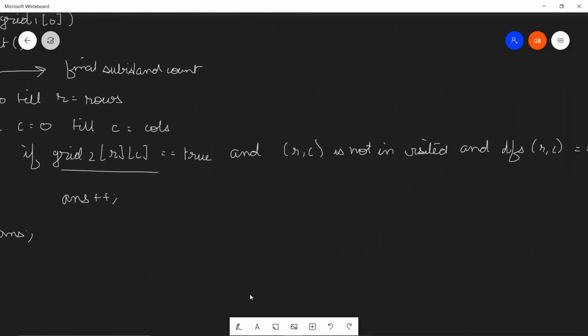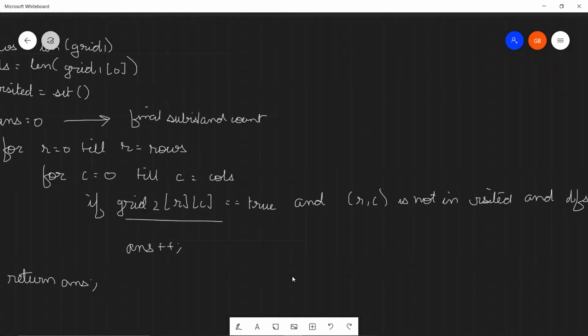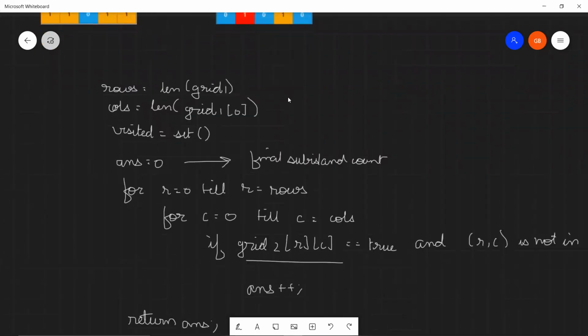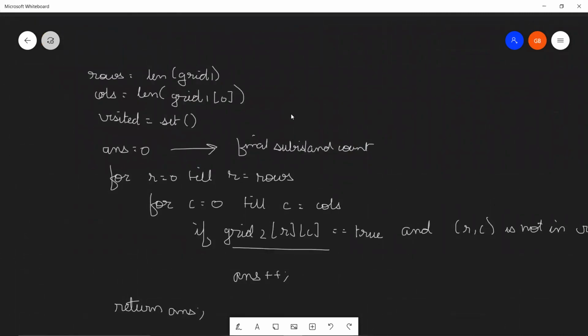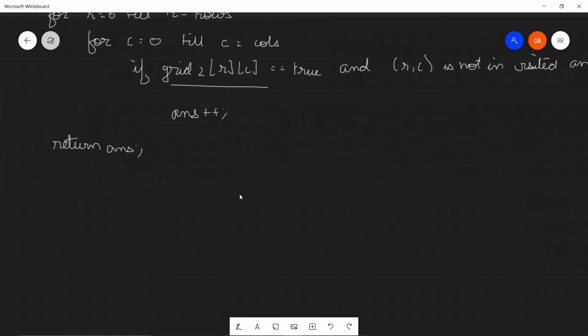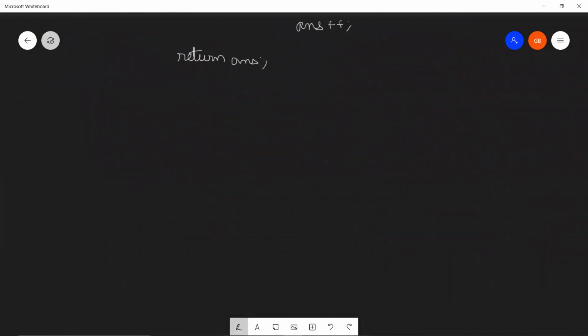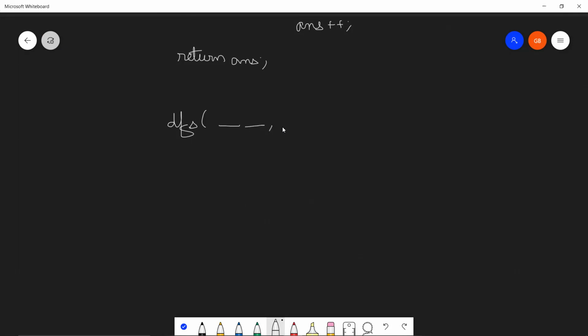Just remember that this DFS function is actually traversing grid 1 and grid 2 simultaneously. So send the parameters accordingly. I don't have space, so I'm going to write the DFS function below this main thing. Ideally, we stack it above, but I'm going to write it over here. So this is a DFS function. It requires some parameters. I think those parameters would be your grid 1, your grid 2, your dimensions of grid 1, grid 2, and the R and C that we're going to traverse on. So you guys can fill it up over here. If I miss something, I'm sure you'll be able to add it while you are writing the function.